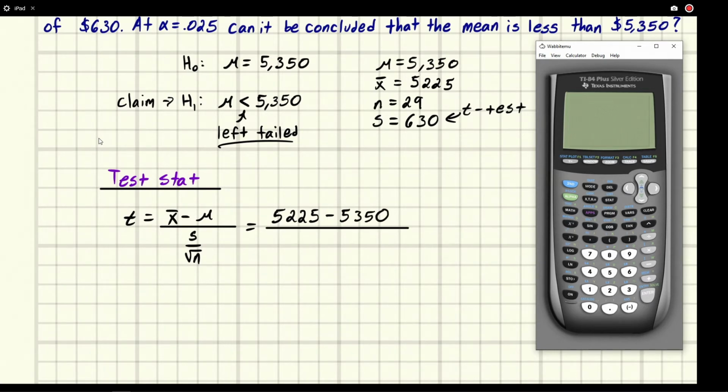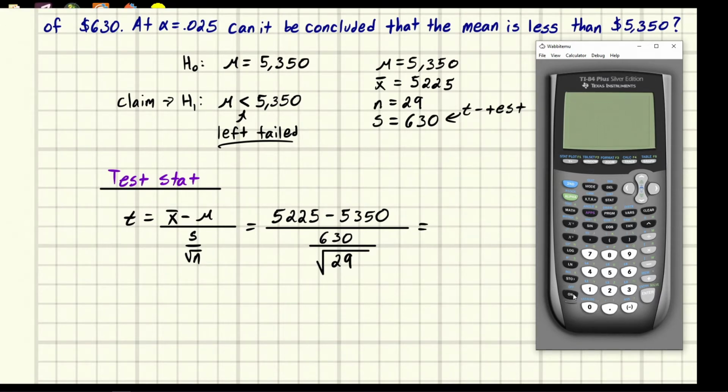And look, just looking at this, we say, well, these are pretty close, but we have this whole bottom section here. 630, right? That's our standard deviation, divided by the square root of n, which is 29. And we can get this from the calculator now. So we're going to go ahead, pop this in here. We have